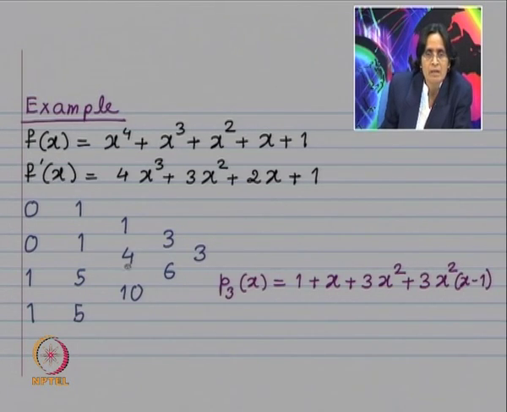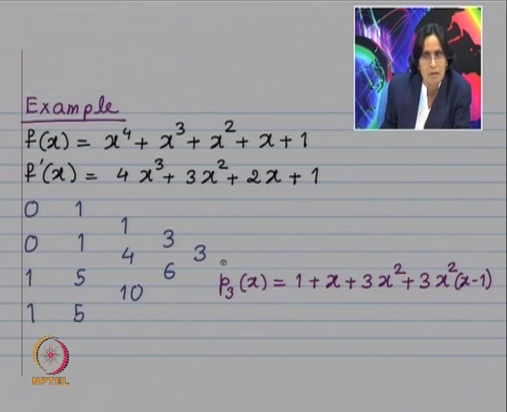Then this will be f[0,1]. So, it is (5 minus 1) divided by (1 minus 0). So, that is 4. This entry is f' of 1. So, f' of 1 is going to be equal to 10. Put x equal to 1 in this formula. Now, this will be (4 minus 1) divided by (1 minus 0). So, that is 3. Then (10 minus 4) divided by (1 minus 0). So, that is 6, and finally, this entry is (6 minus 3) divided by (1 minus 0).